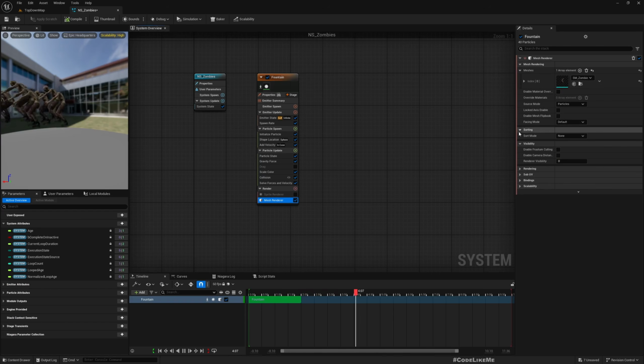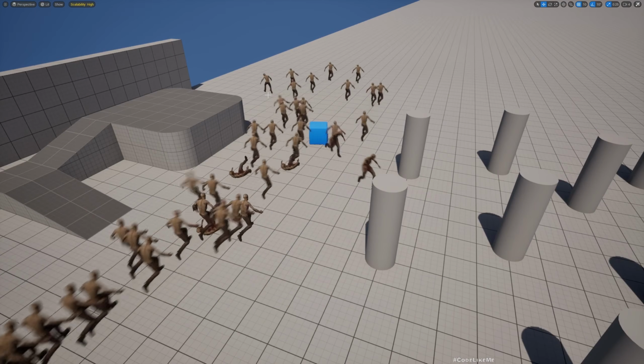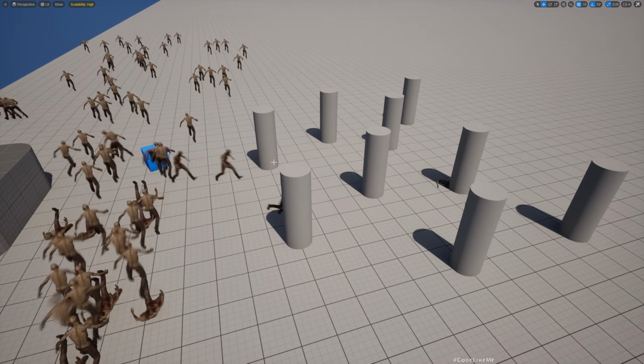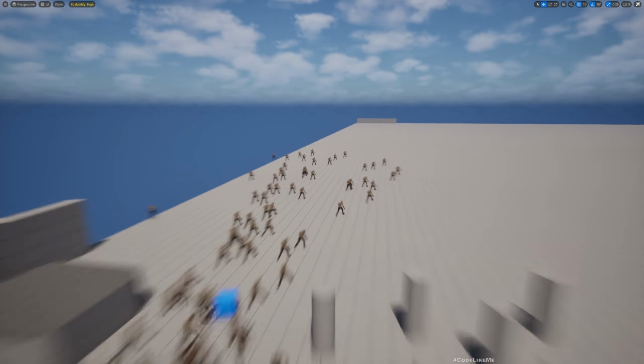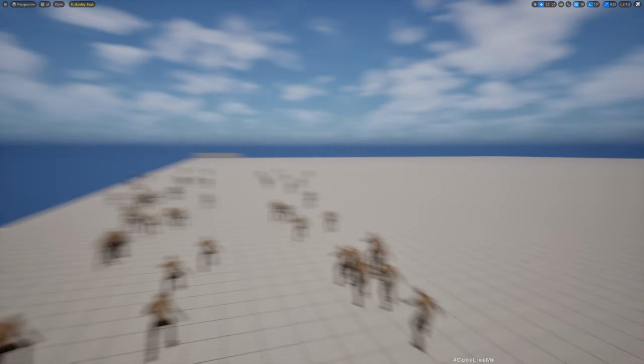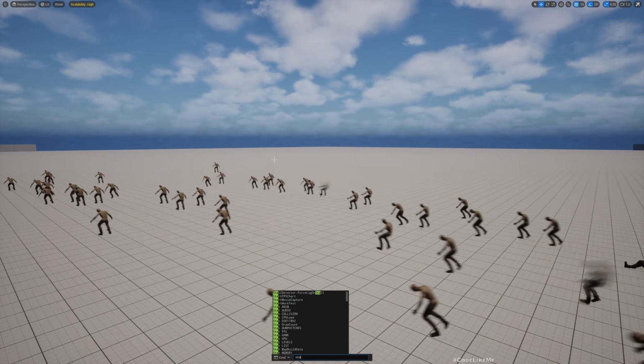So here go to facing mode and velocity, compile. Okay, now you see some of them are here, but that's fine. So now you see we basically get zombies, a lot of zombies. And check the